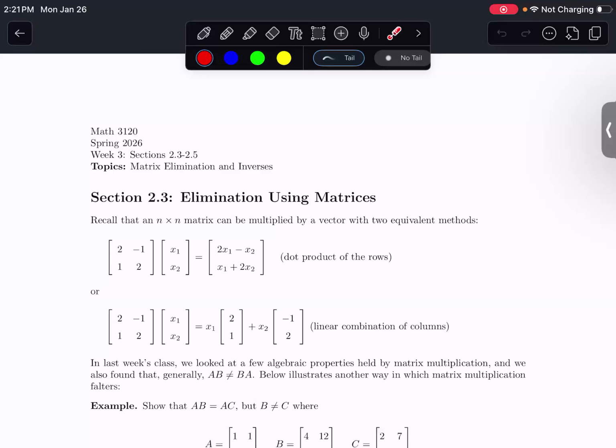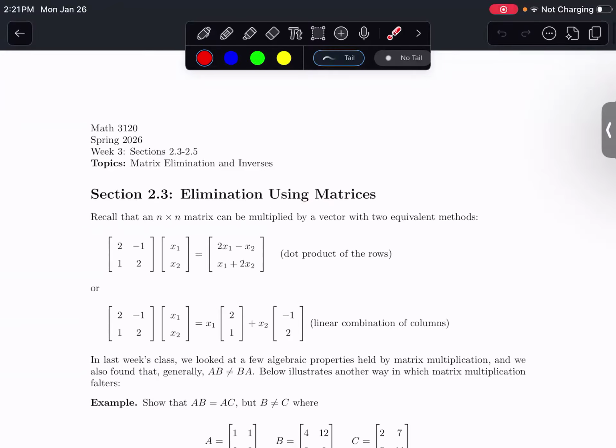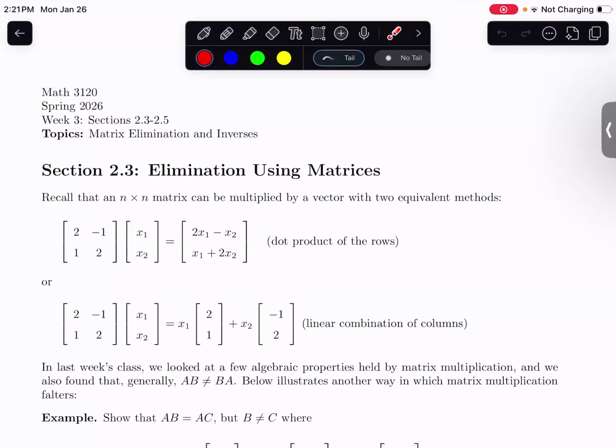And so we're going to continue talking about elimination. Again, that's the big idea of linear algebra, solving linear equations or systems of linear equations. Except now we're going to be performing elimination via matrices, which will have advantages in the future. At the very least, it's less writing, like you don't have to write the variables out, which is nice. And so how do we go from elimination in the previous sections to elimination via matrices? So the first observation